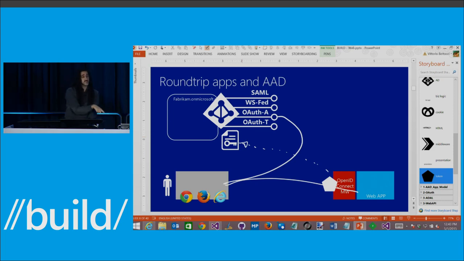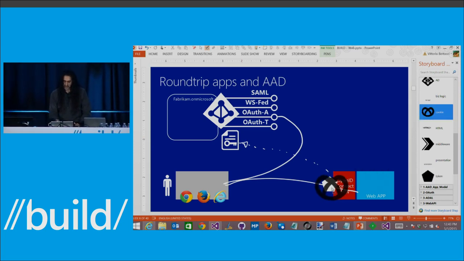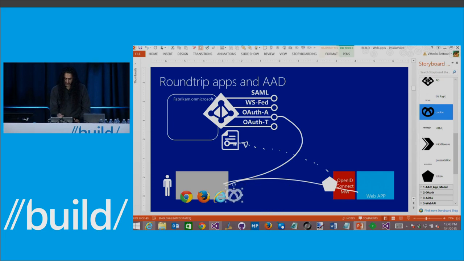So if I configured my app to say, I want a token from Contoso, this middleware just in time will reach out, grab the keys that should be used to examine the token, find out what is the GUID to be used for Contoso. It will all be done on HTTPS, validating the server, so I know that I'm getting the info from a trusted resource. And if a token is good, I'll just create a session cookie and send it back. And from this moment on, I'll just be in a pipe authenticated